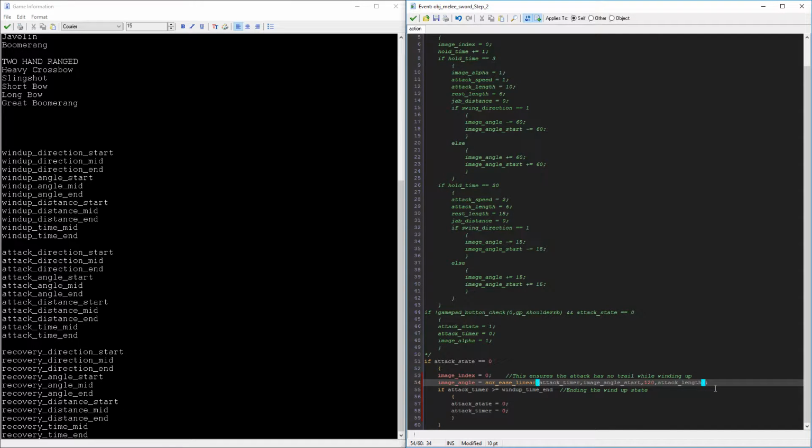Okay, we're gonna do it linear for now. That'll keep things easy. So, image angle, SCR linear. Image angle, start out, well,